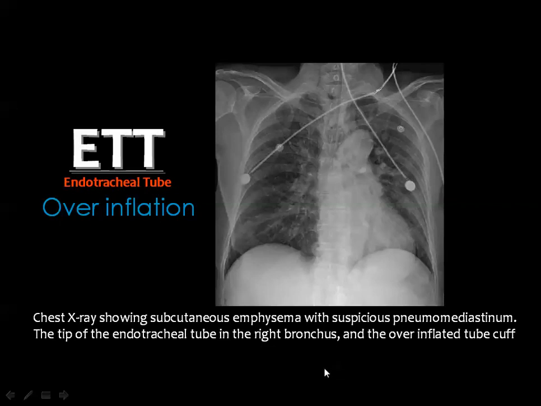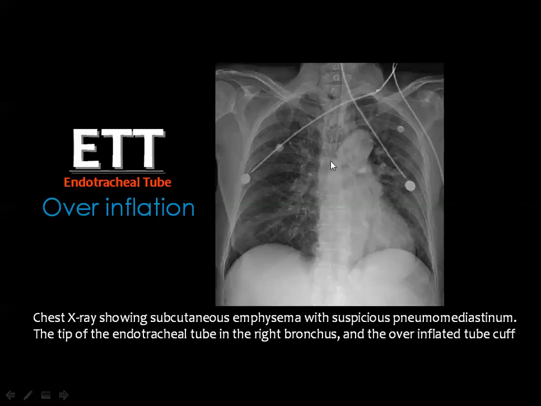Then you have to verify each tube and line separately in order to judge its accurate position and the possible complications. These are the ECG leads, then you see the endotracheal tube, and this is the balloon which is overinflated, and the tip of the balloon is going too much into the